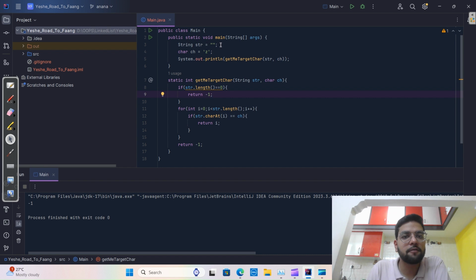Similarly, if you want the status of whether the character is present or not, true or false, then you can just take the output as a boolean. So this is one problem. Our next problem is